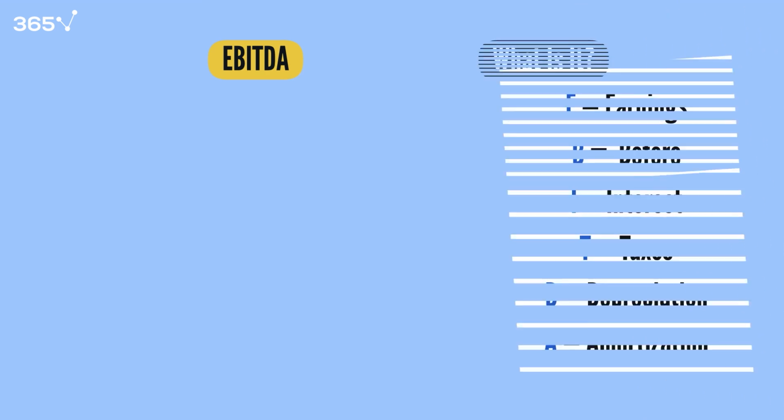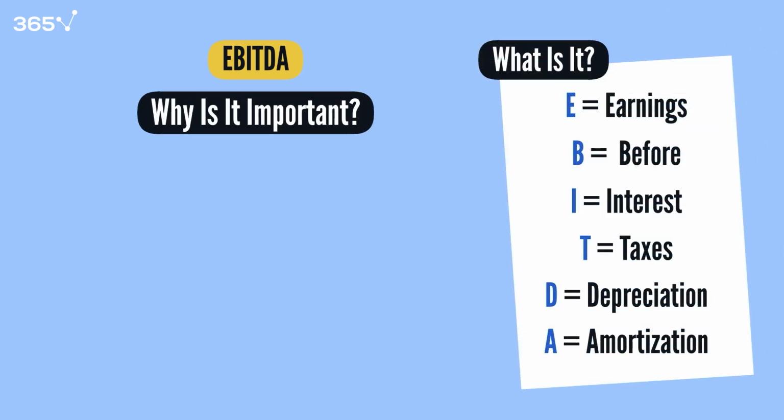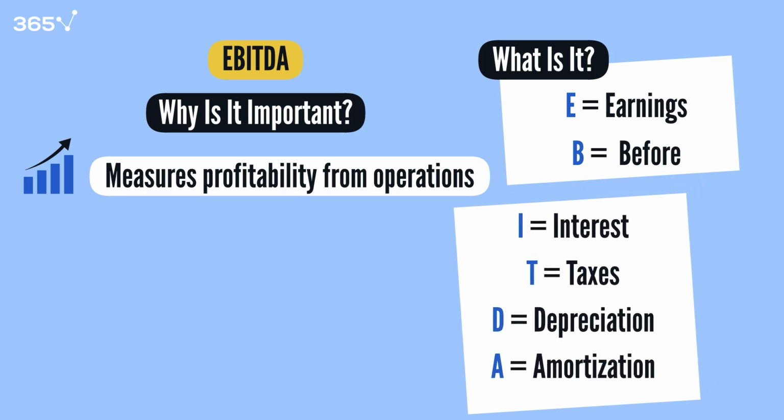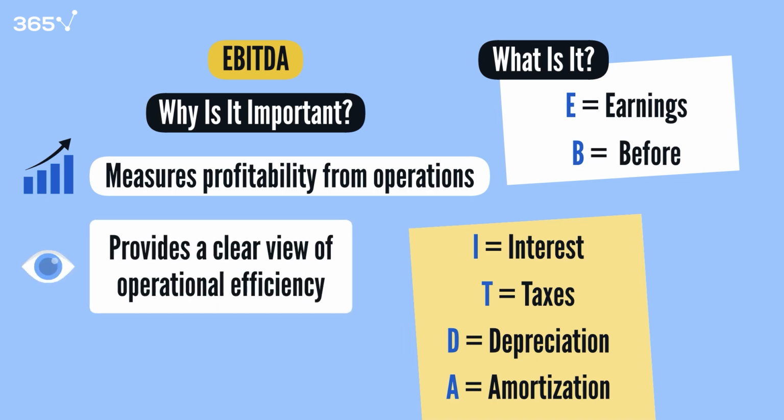First on our list is EBITDA versus net income. The former stands for earnings before interest, taxes, depreciation, and amortization. It's a measure of a company's operational performance by focusing purely on earnings from core business activities. Why exclude these expenses? By removing interest, taxes, and non-cash expenses like depreciation and amortization, EBITDA provides a clearer picture